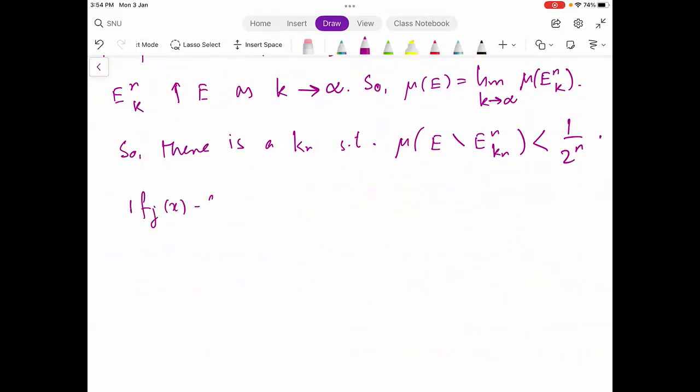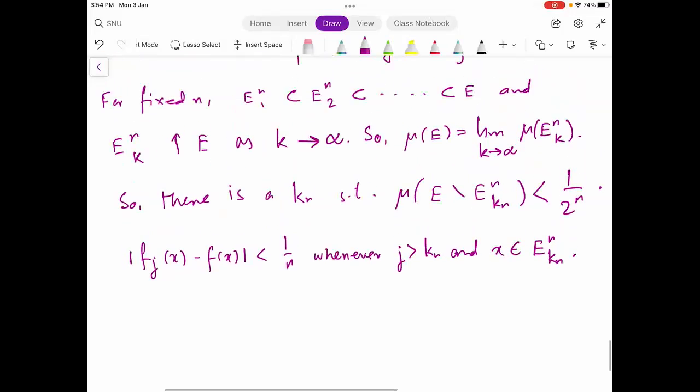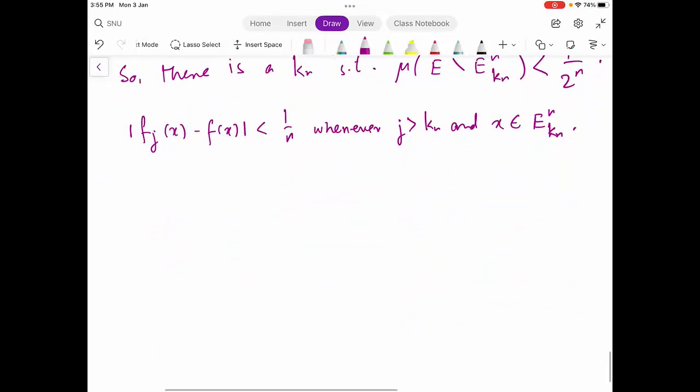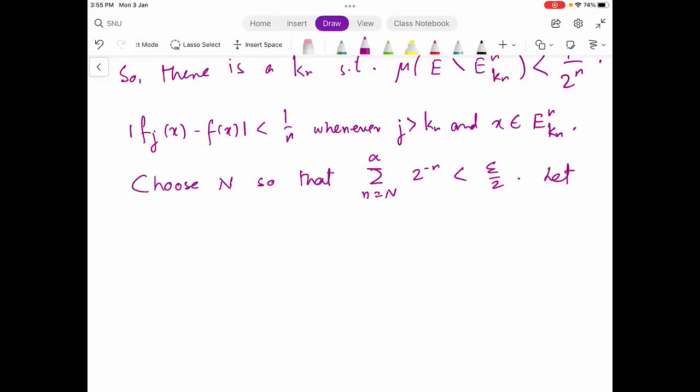Remember, |f_j(x) - f(x)| is less than 1/n whenever j is greater than k_n and x belongs to E_{n,k_n}. X belongs to E_{n,k_n} means, by definition of E_{n,k}, that |f_j(x) - f(x)| is less than 1/n whenever j is greater than k_n. Look at the definition of E_{n,k} at the top line. I really hate to leave this in the middle, but choose N so that the summation from n equal to N to infinity of 2^{-n} is less than epsilon/2. Let A tilde equal to this, then